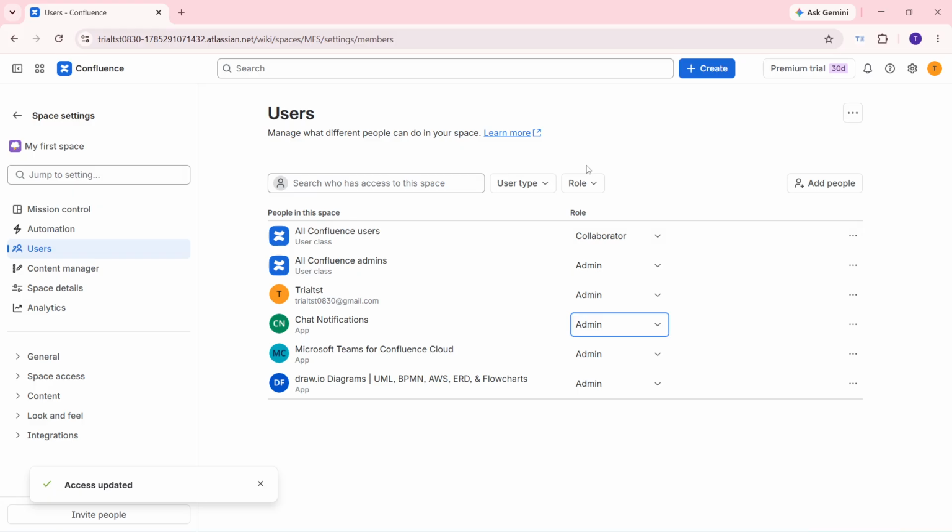If you don't see the users option in your space settings, you might not have admin permissions yourself. Only space admins can grant admin access to others. You can change someone's role at any time by going back to this same users page and selecting a different